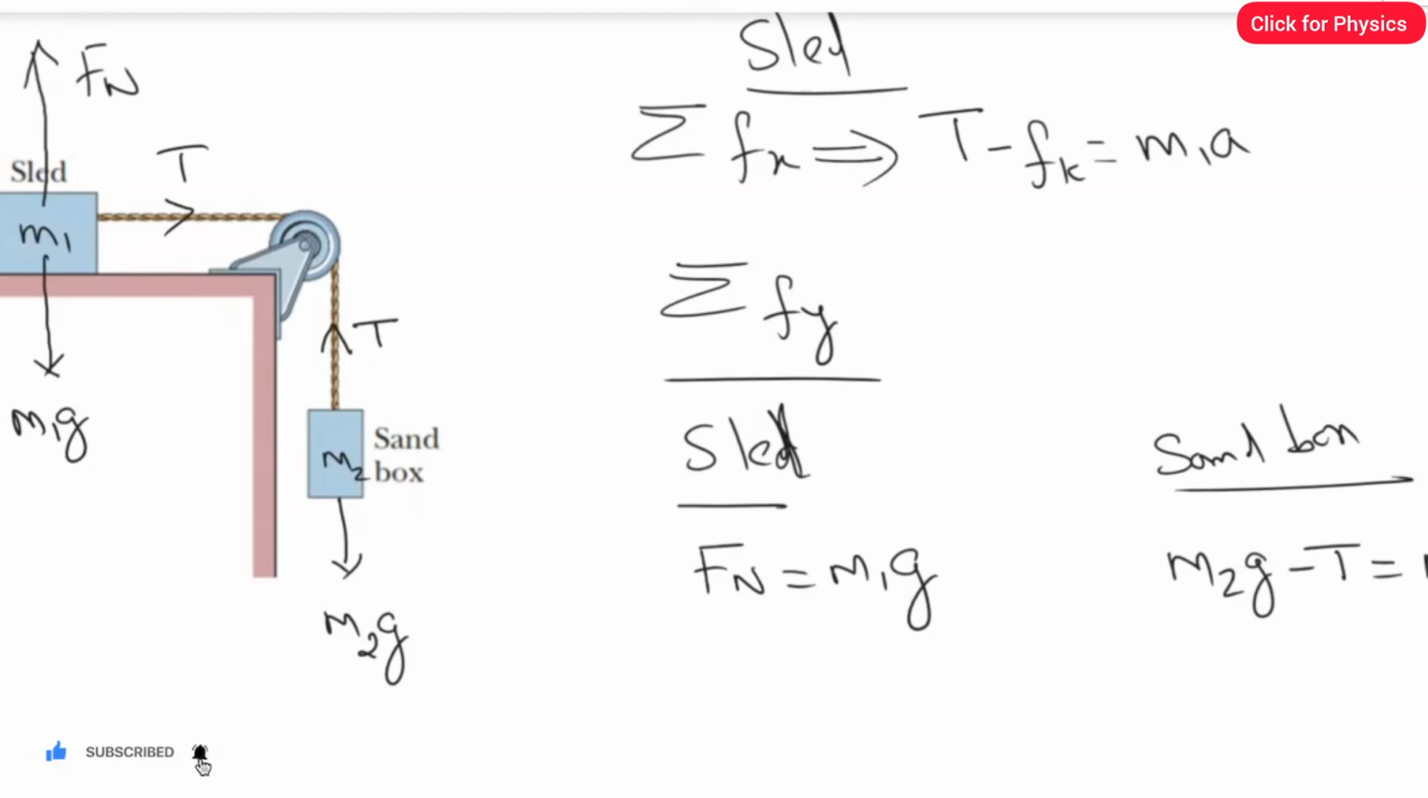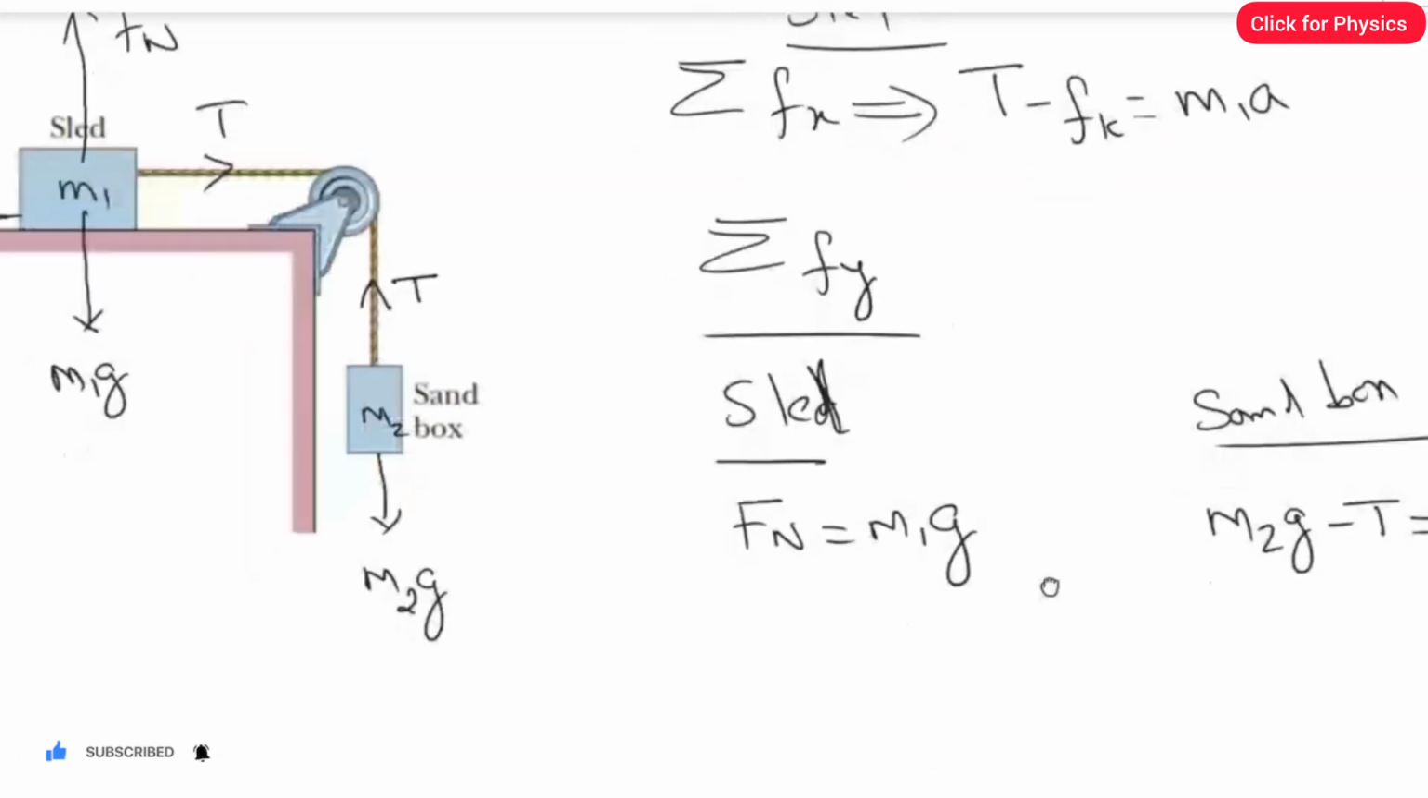And likewise, if you see the vertical force of the sandbox, you can see your m2g is greater than the tension. So that's the reason we wrote m2g minus T, which is equal to m2 multiplied by a. So we have to equate this with Newton's second law. Now let's give numbers for these equations. I'm going to rewrite the equations one more time here, so it will give a clear picture. So let's rewrite the equation T minus fk equal to m1 multiplied by a, which is for the